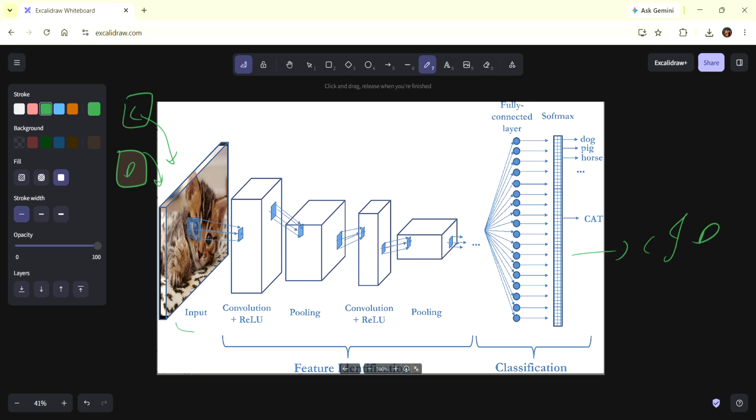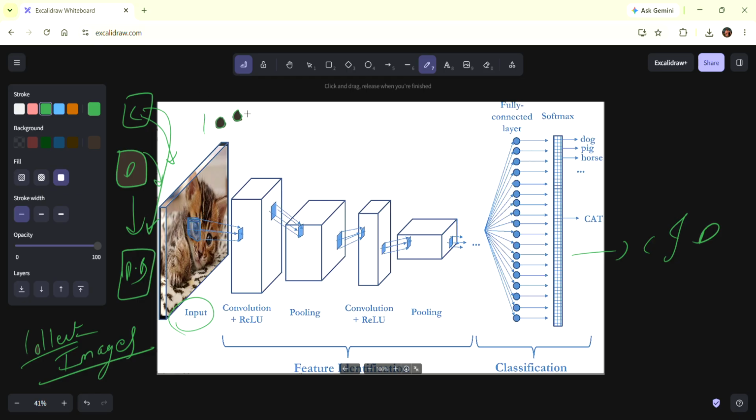Now, we are going to learn the step by step process. The first step is input. Step one is nothing but collecting the images. We require data that we can store in a database. What type of data do we require? Dog and cat. Not just one data point; we require at least a minimum of 100 data of dogs and 100 data of cats.